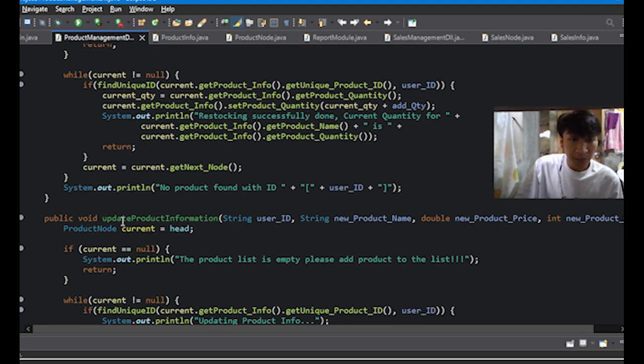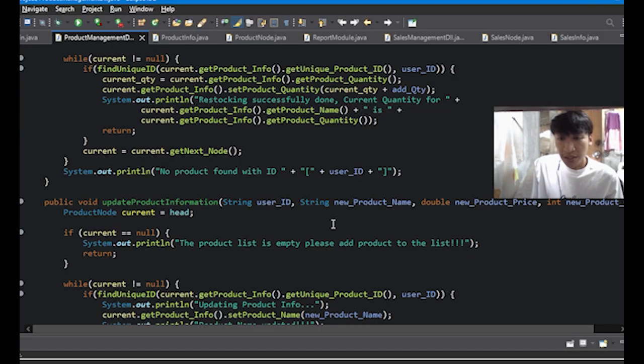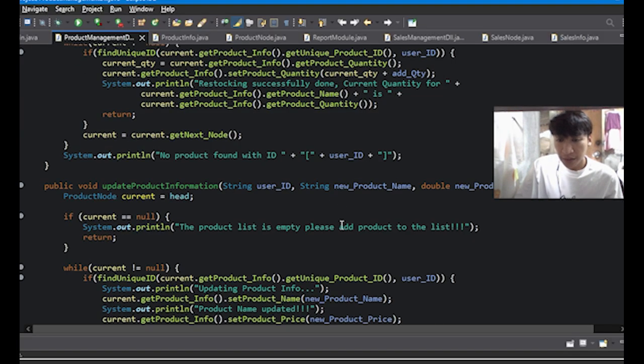Then public void update product information, with string product ID, string new product name, double new product price, and int new product quantity, updates a product's name, price, and quantity given its ID.